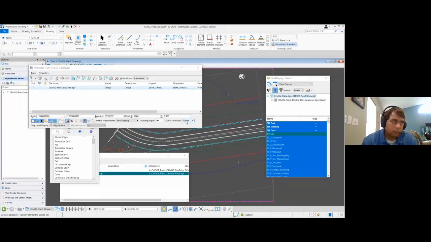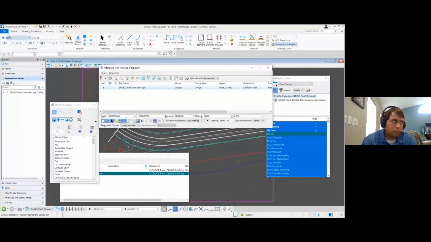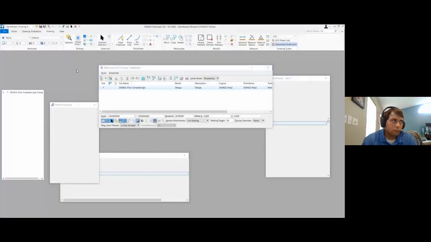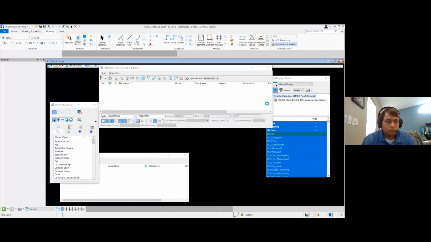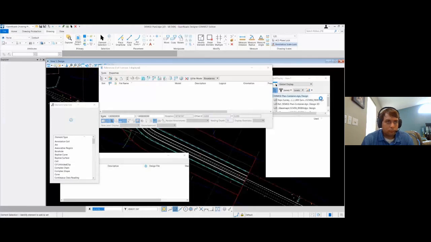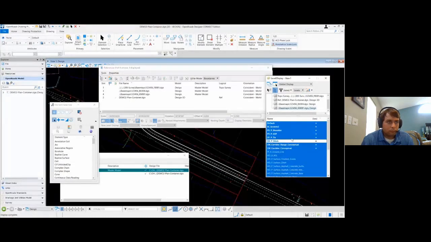So to further show that, if I jump over to that container file that contains my name boundaries, and I actually turn off that ditch here, and we'll get to global display in a little bit.